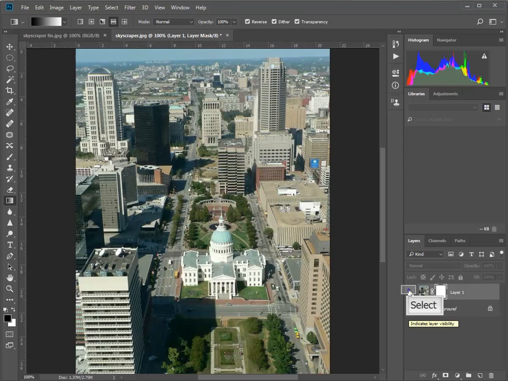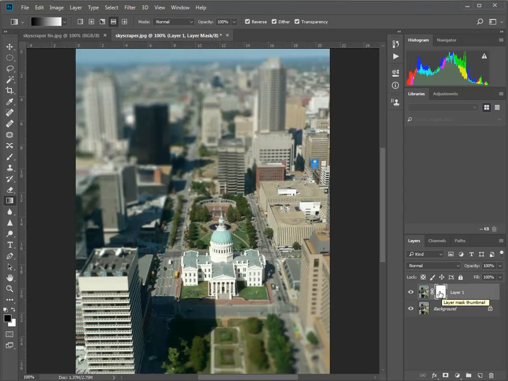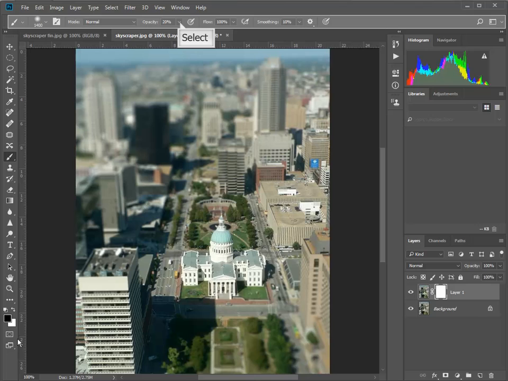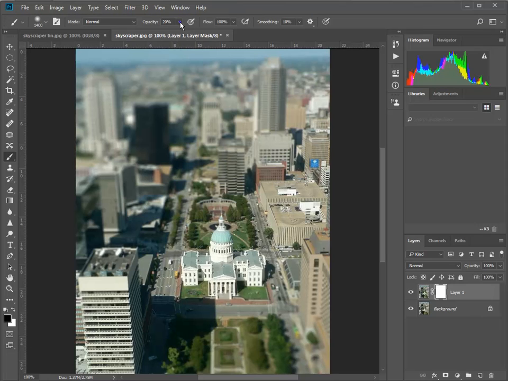What we're going to do, I'm going to put this back on, is if we paint black on that white layer mask, that outer focus effect on this layer will disappear. Okay? Remember, masks, if you paint black on them, you will hide that effect on that layer. So we need a black brush. If you haven't got a black brush, just press D and then X again. I'm going to make sure my brush is about 10% here, so I'm just going to bring it down to 10% with the slider. So I want a very transparent black,